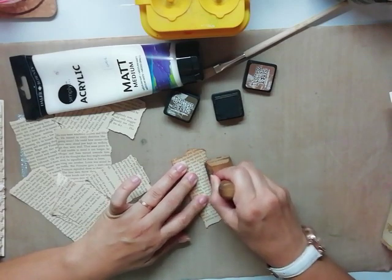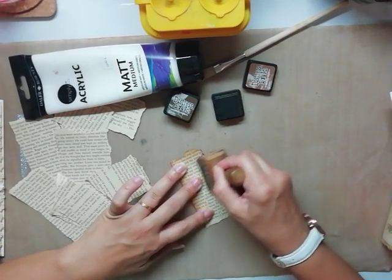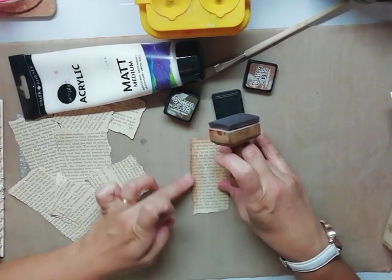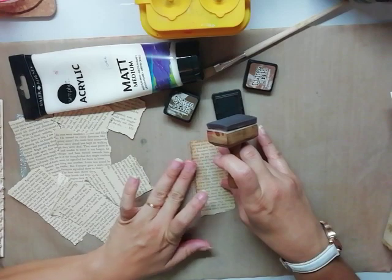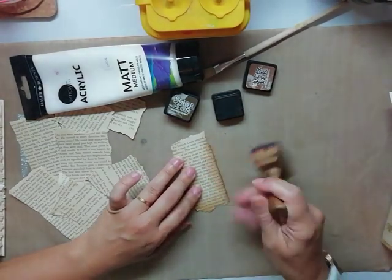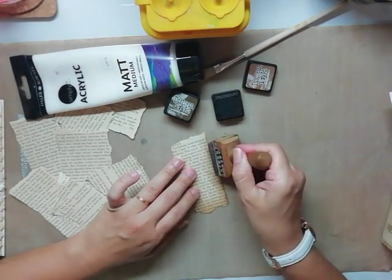And you will want to, and well, why do I do this edge first? Because it just goes darker first, and then your inside will go lighter and lighter. Okay, so I do the tilted one first on the edge so that my edge can go darker, and then